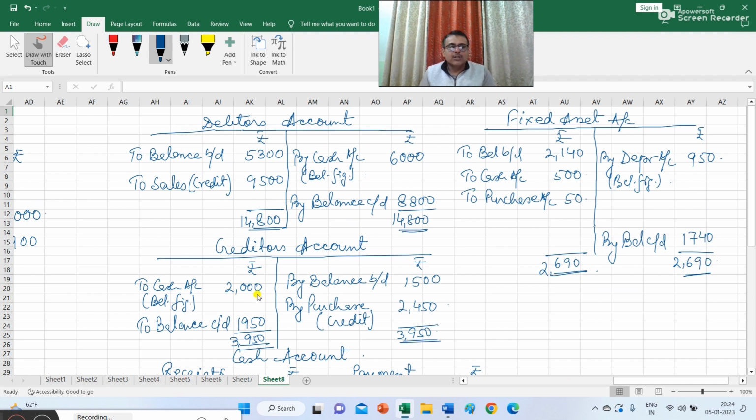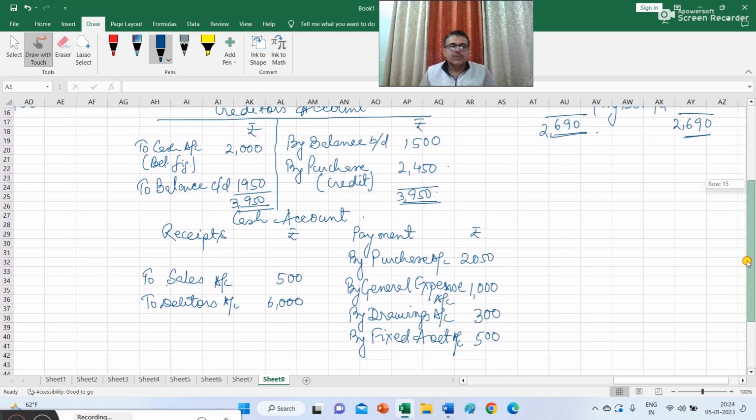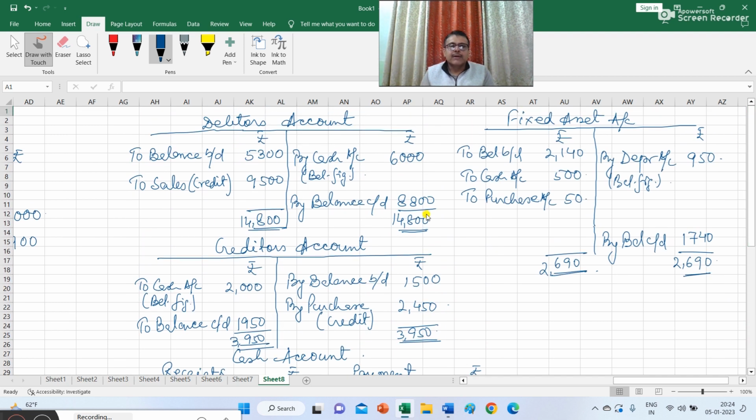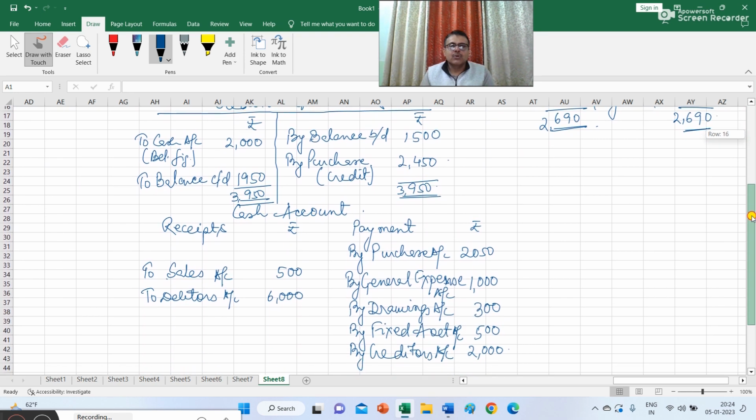And I have forgotten to record the transaction regarding payment to creditor in the cash account. So in the cash account, I have to write by creditors account rupees 2,000. So the debtor account I have closed, then the creditor account, fixed assets, and now it's time to close the